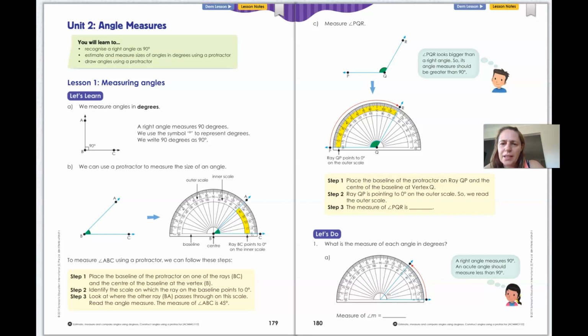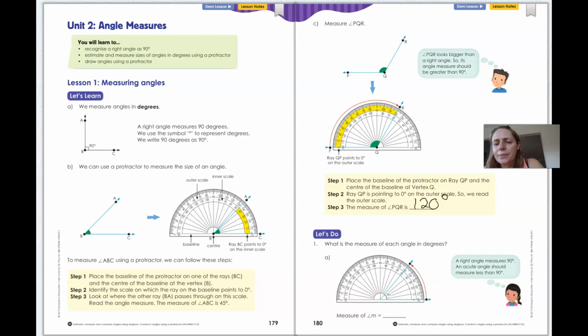So remember step 1, place the baseline of the protractor on ray QP and center of the baseline at vertex Q. So take all that mathematical language away, pop your protractor down, and make sure that the baseline, not the edge, but the baseline, is on the ray, the Q to P line. Step 2, ray QP is pointing to 0 on the outer scale, so we read the outer scale. Another way to look at it is if you went from Q to nothing, well, you're wrong. Plus, the angle would be wrong, plus you don't have the blue line there. Step 3, the measure of PQR is